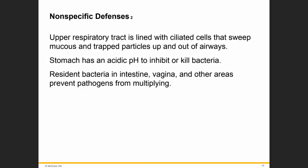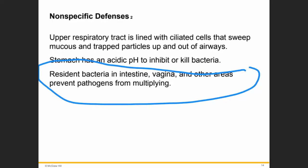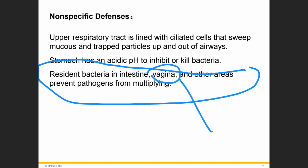The stomach also has, you remember, a pH between 1.5 and 2.5. It's tremendously acidic to inhibit or kill any bacteria. Not only that, we have what we call good bacteria that exist in our intestinal flora and also in the vagina. This is why we suggest, since we were kids, to not use harsh soap. There are special soaps, neutral soaps, to clean our intimate area, because if you destroy the